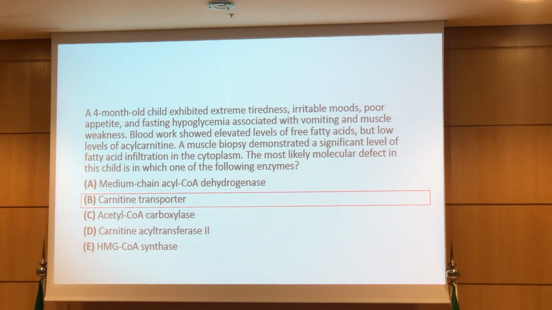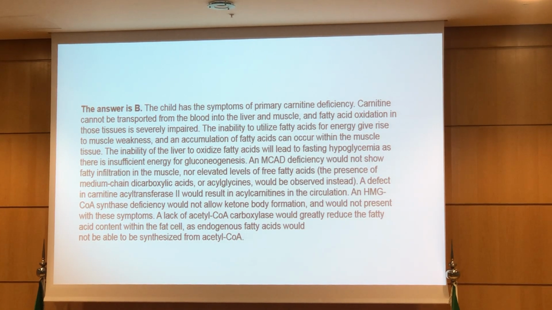What fatty acid is accumulating in the muscle? Acyl-CoA maybe. Short chain fatty acids. They do not require a transporter because they are water soluble and they can go through. And those are the ones that are accumulating inside the muscle. Okay, you can read this on your own. I think that's the last